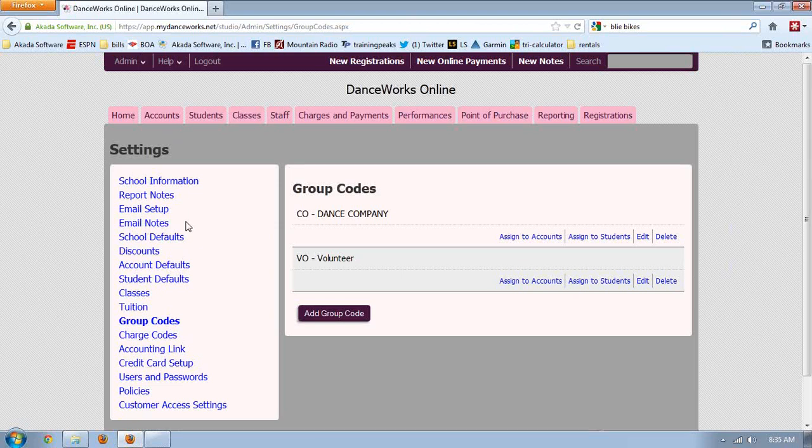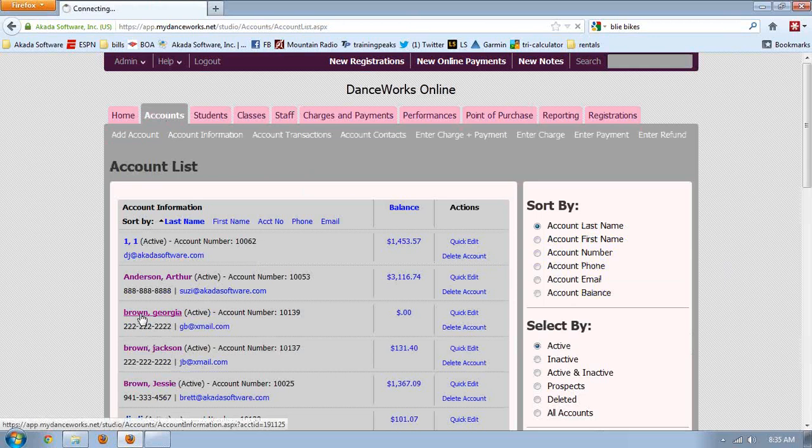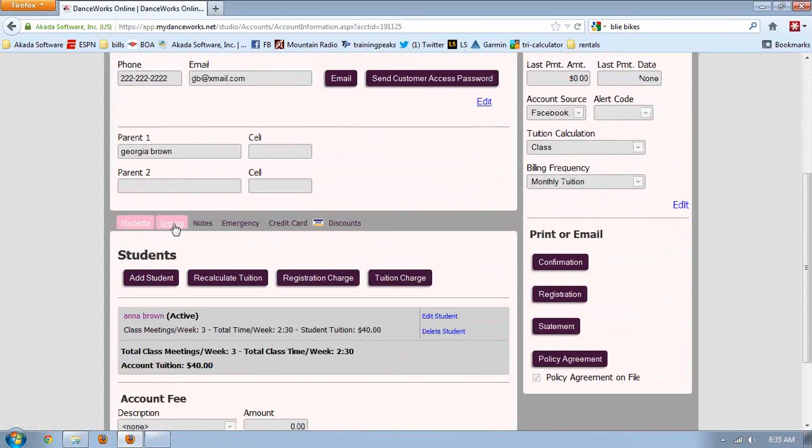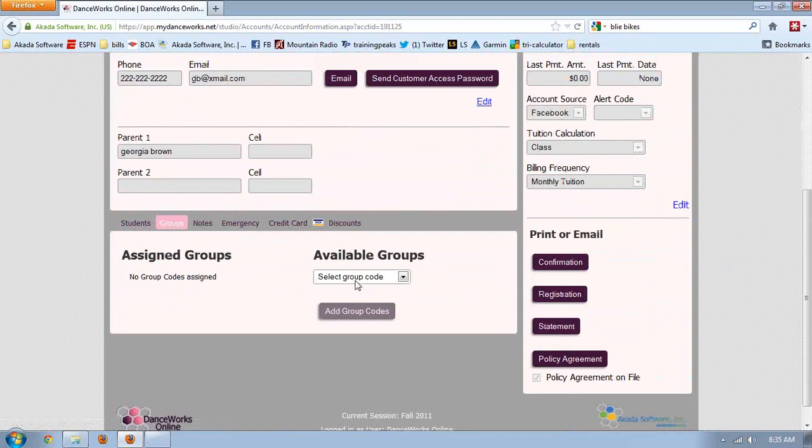So if you have parents who are volunteering for a recital, working a desk, or just helping out in general, you can create these group codes and attach them either to a student or to accounts. To attach it to a student or accounts is very simple. Just like the other things I've shown you, you come right here and you can just select your code, volunteer,